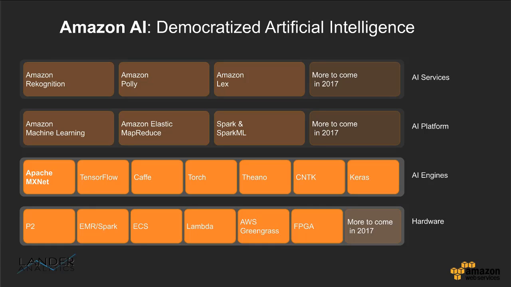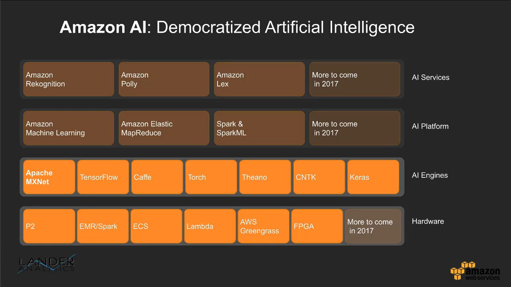So this is geared towards developers that just want to use a service, and that service has to be AI powered or AI enabled. The second layer of our approach is essentially providing a platform that enables practitioners that have the capability to train networks or to train machine learning algorithms to do it themselves, leveraging our compute and platform layer. So it comes in the form of Amazon Elastic MapReduce, Spark and Spark ML running on Elastic MapReduce, or Amazon Machine Learning, our predictions as a service platform.